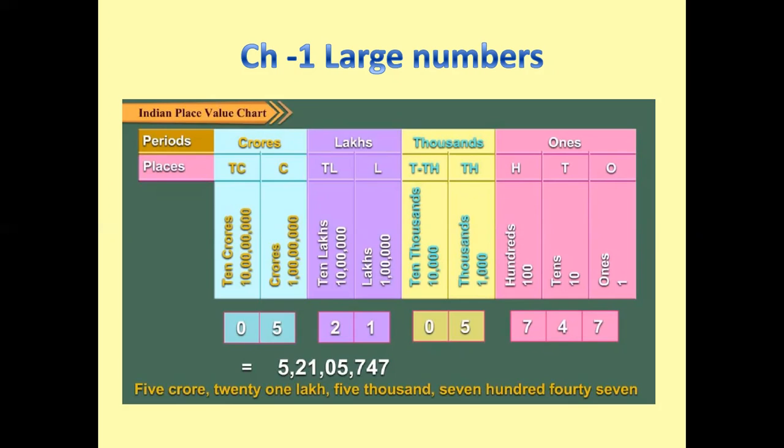Now these periods are divided into places. The ones period is divided into 3 places, that is ones, tens, hundreds. Thousands period is divided into 2 places, thousands and 10,000. Lakhs is divided into lakhs and 10 lakhs, and crores is divided into crore and 10 crore. You can see one example, that is